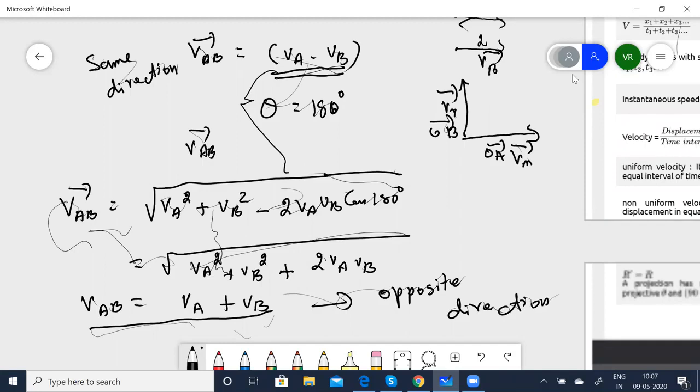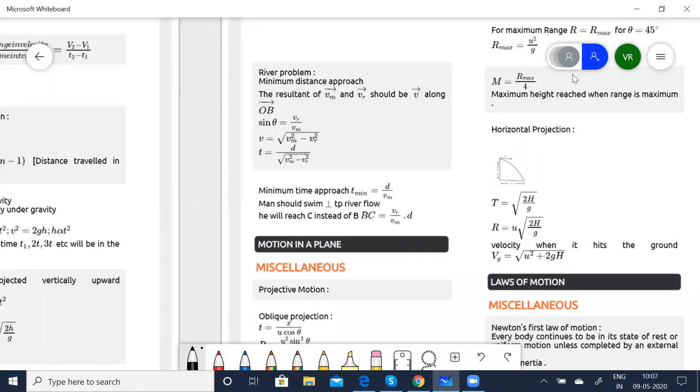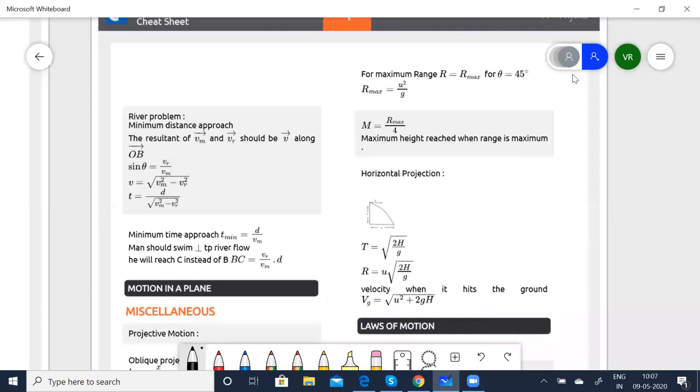Now coming back to the rain problem. River problems, problems which are related to rivers, like swimming across a river or rain problem, you can use these formulas, the relative velocity here. So when you are going to solve a river problem, the minimum distance of approach, you can see, is going to be,